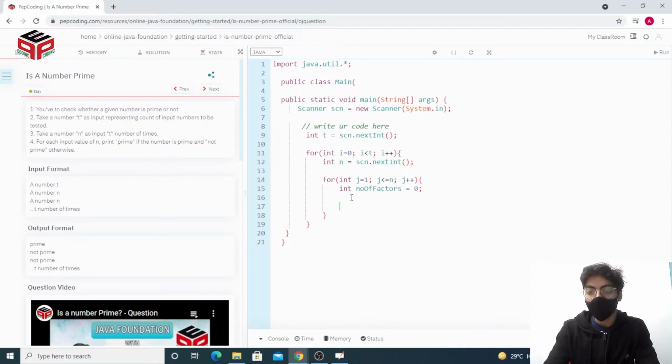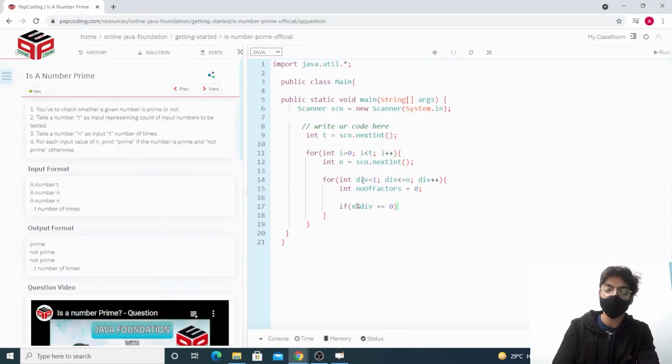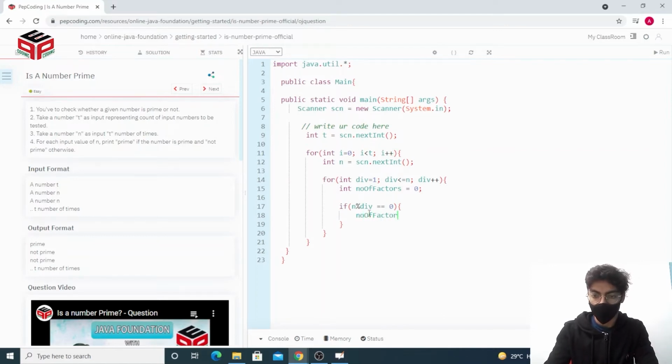So for that we check if, let's change the name to divisor actually, if our divisor at the moment is able to divide our number, and a number divides the number if it leaves the remainder 0. So that's what we're checking here. If it divides, then we increase the number of factors by 1. That's what we do here.